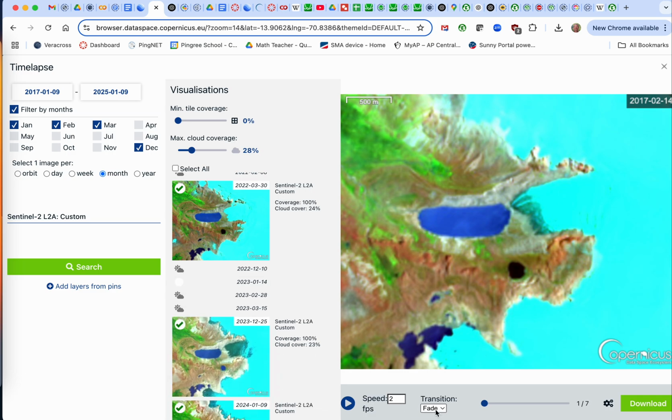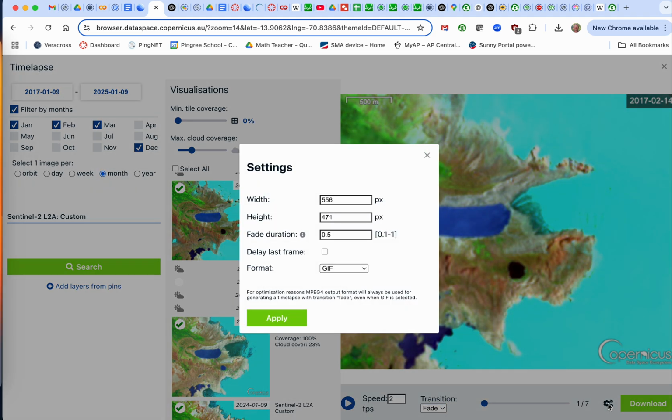Then if I go down here, I like the fade setting. It kind of blurs them together. If I go here to the little gear, I can customize that. And maybe I'll let that fade duration be a full second. And I think that I want this to be an MP4 file download, and when I tested a minute ago, that's what I got anyway, so I'm actually not going to mess with this, but you can try this in 2 ways if for some reason it doesn't play. I'm going to hit apply